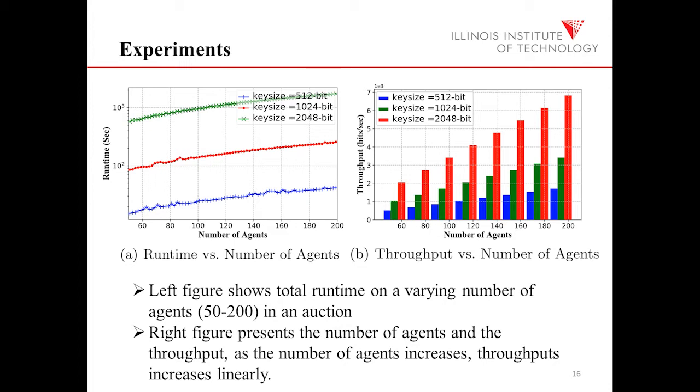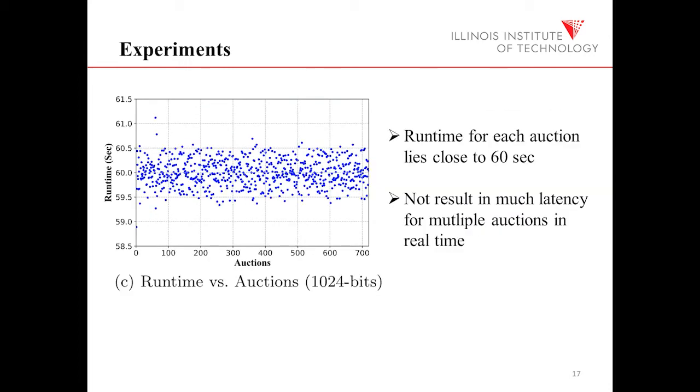Moreover, the right figure illustrates the relationship between the number of agents and the throughput. As the number of agents increases, the throughput increases linearly, as the figure shows. Next, for evaluating the efficiency in multiple auctions,